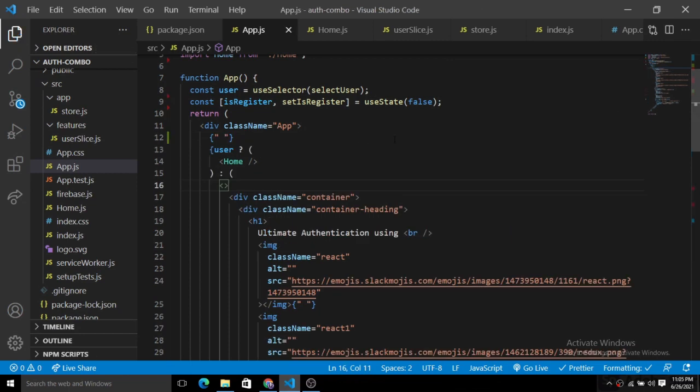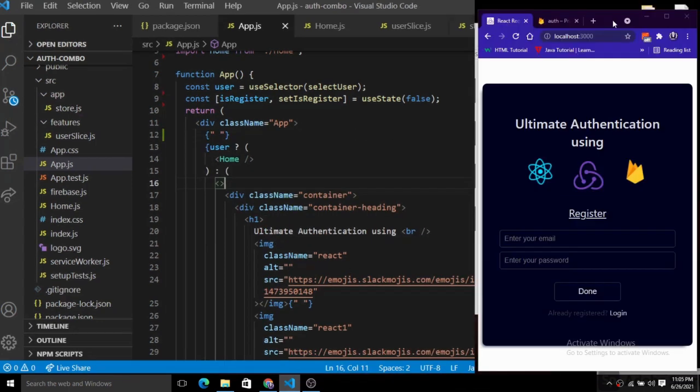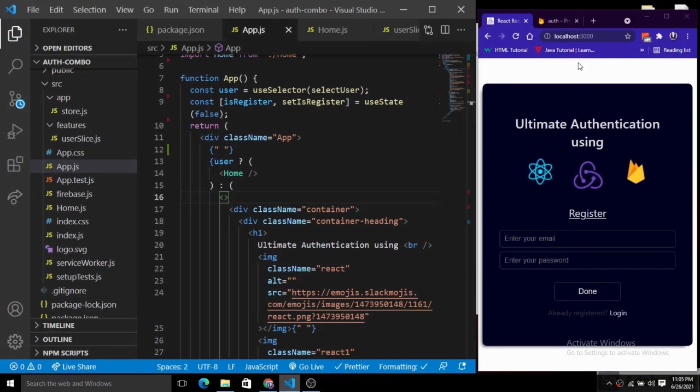So just save this. Let's make it smaller. Now you can see the user state is null. So what I will do is simply negate this. When we negate it and save, we'll see the state will be updated. Let's refresh this.